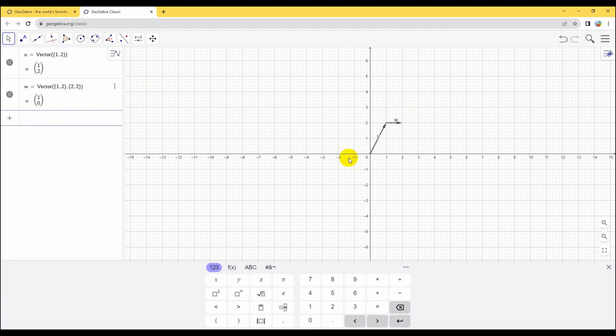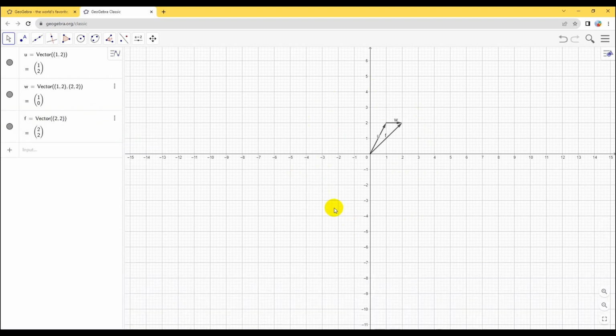So we're going to draw a final resultant vector that is the addition of these 2. So I'm going to make my resultant vector, vector f, and we're going to choose 1 point because the origin is at 0, 0. So that point is going to be the end point of vector w. And now we've successfully created our little 2D vector,